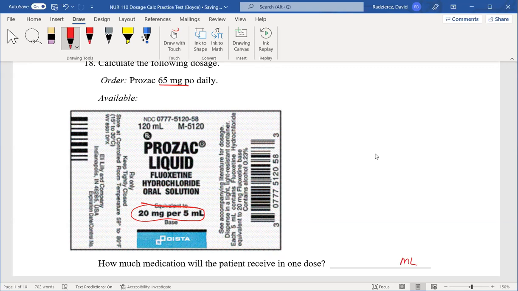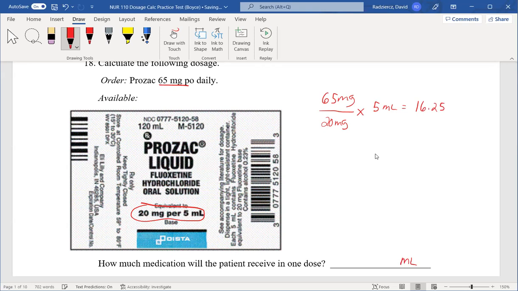But anyways, I'm going to take my order, and my available, and my quantity in this instance is 5 milliliters. So I'm going to take my 65 milligrams times 5, which gives me 325, divided by 20, which gives me